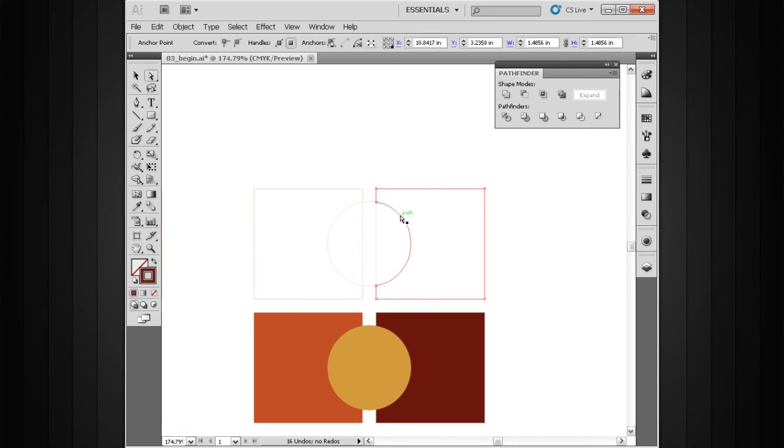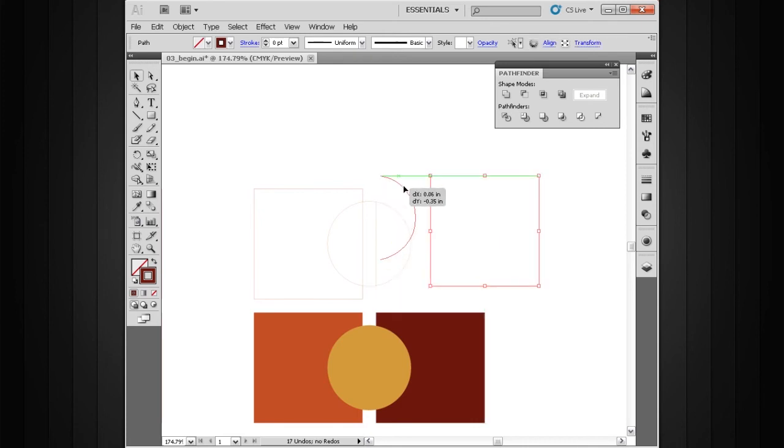So we've broken this up. Now if I were to use my direct selection tool, obviously we're not going to move that entire shape. We're just selecting this segment of the shape right here. Let me grab it with my selection tool, and I'll pull these apart. So you can see here that each of these shapes has been split into segments based on where it was overlapping other shapes. You can see here we've got most of our square, but we've got a portion missing where that ellipse was